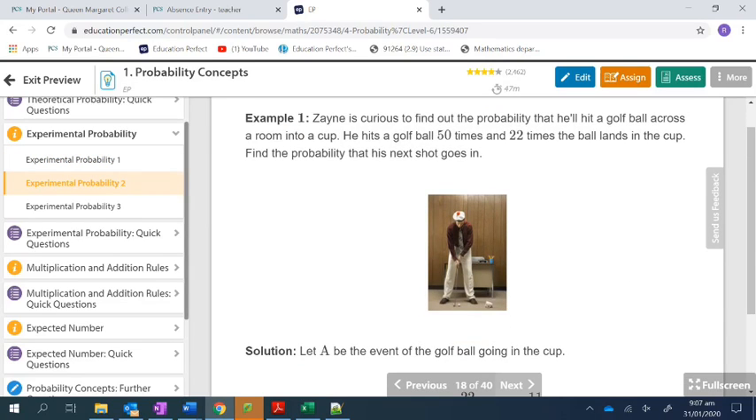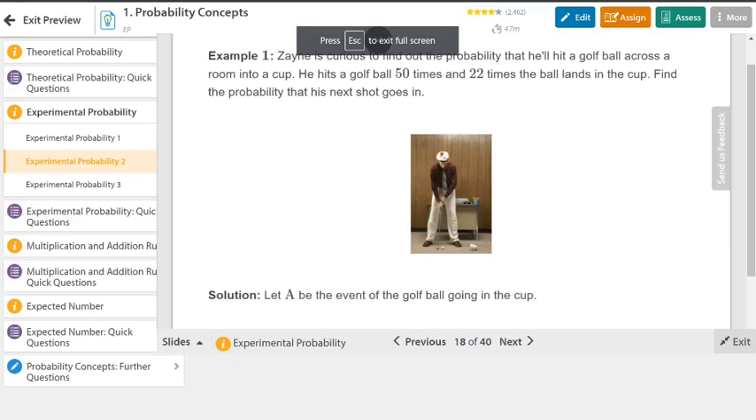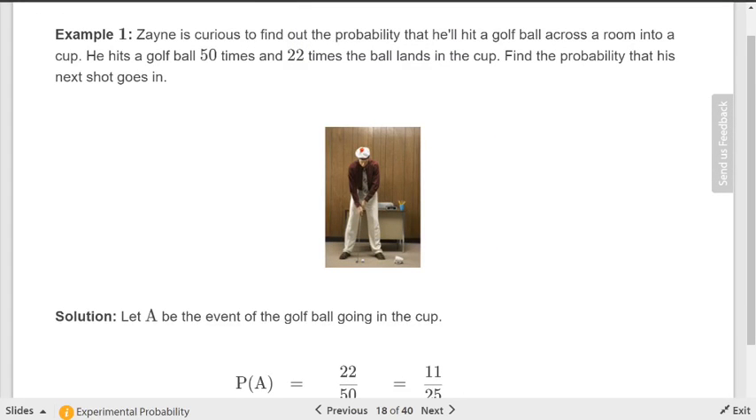So here we go. Now, Zane is curious to find out the probability that he'll hit a golf ball across the room into a cup. Okay? He hits the golf ball 50 times, and 22 times the ball lands in a cup. Find the probability that his next shot goes in. So, I already know parts of it. So what I want is the probability that the ball goes in the